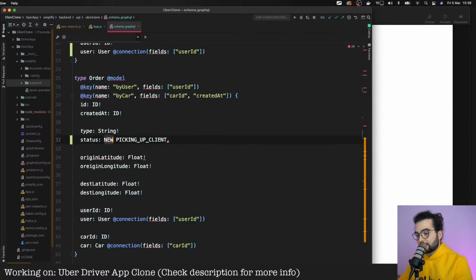So based on this status, we will be able to decide if we want to display it to new drivers, because if status is not new, then we shouldn't show this order to new drivers, because it means that someone is already picking up a client, or has finished, and so on. So our status will be of type string, like this.